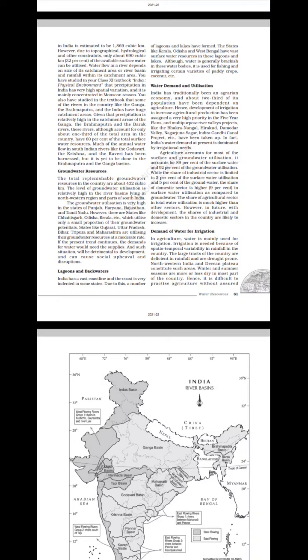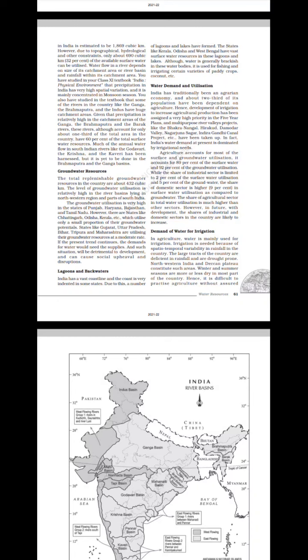In fact, India's water demand at present is dominated by irrigational needs. Agriculture accounts for most of the surface and groundwater utilization. It accounts for 89% of the surface water and 92% of the groundwater utilization. While the share of the industrial sector is limited to 2% of the surface water utilization and 5% of the groundwater,